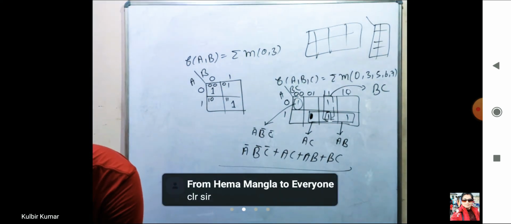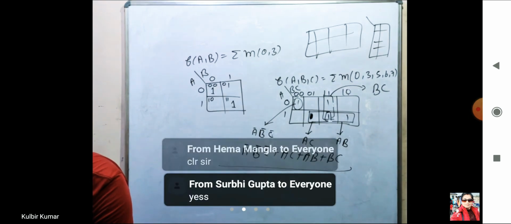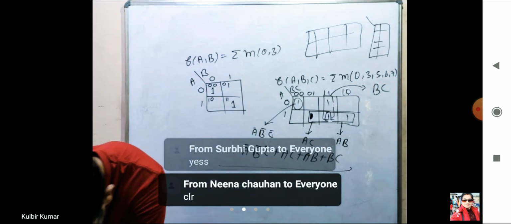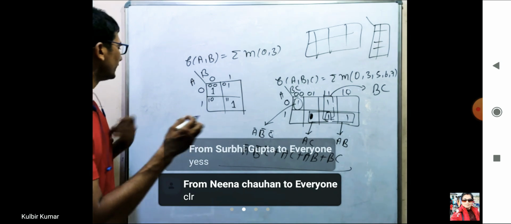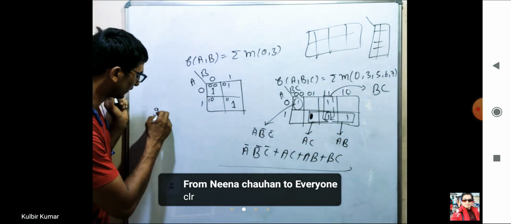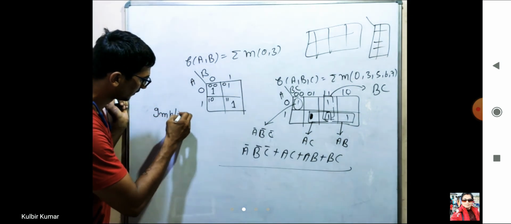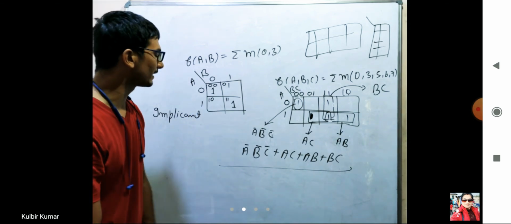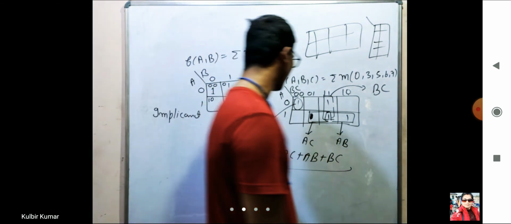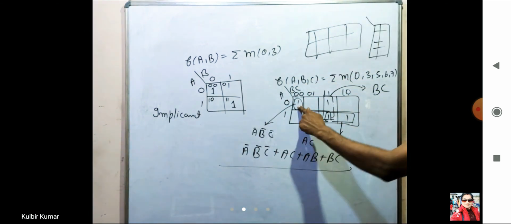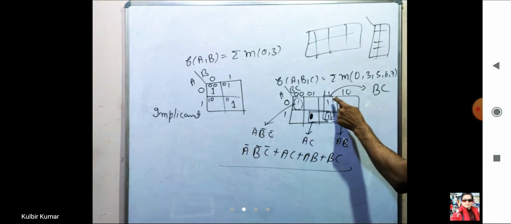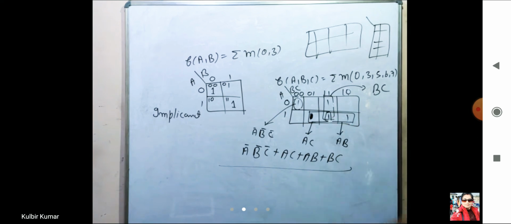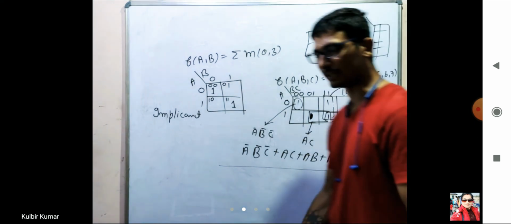If it is clear, then we will discuss implicant, prime implicant and essential prime implicant. Okay, so let us see first of all implicant. Implicant. अगर हम कोई भी पेयर बनाते हैं then that pair is known as simply implicant. Let us say अगर हमने single one का पेयर बनाया then it is known as implicant. इन दोनों ones का पेयर बनाया that is also implicant. इन दोनों ones का अगर मैं पेयर बनाता हूँ then that is also implicant.